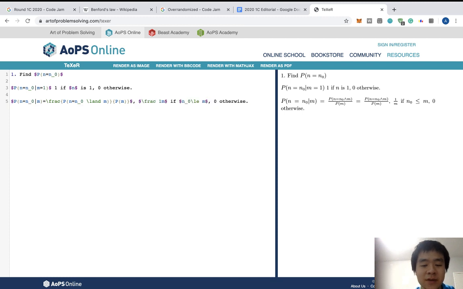Okay, enough gibberish. So from here we know that the probability of n equals n naught given m is the same as the fraction 1 over m times p of m, and this p of m is uniform across all m from 1 to the limit. The limit is 10 to the u, so we know that this is the same as times 10 to the u,